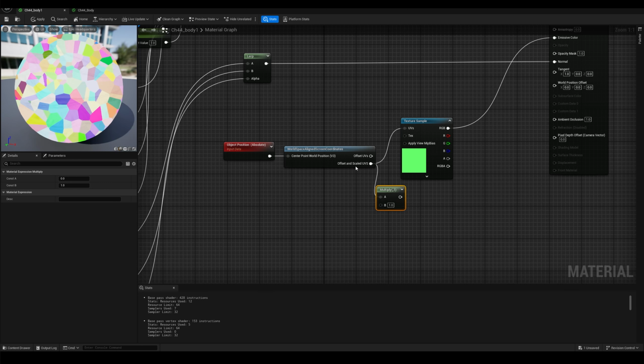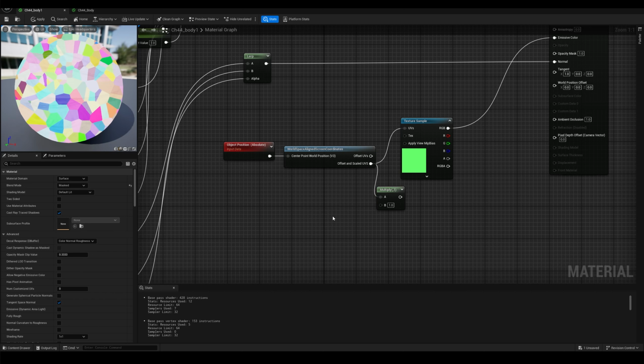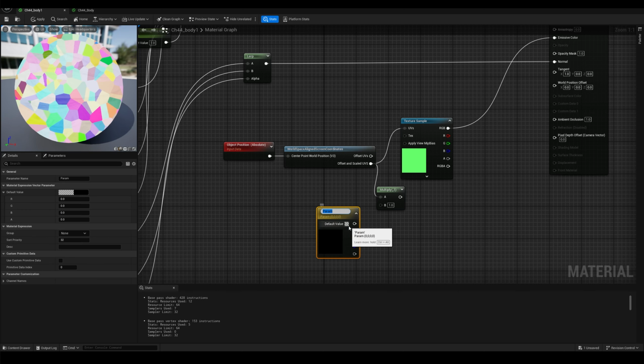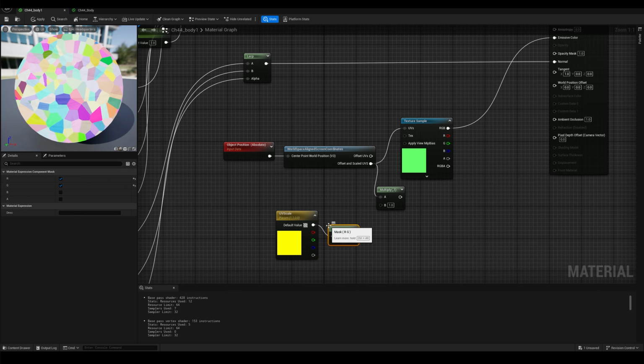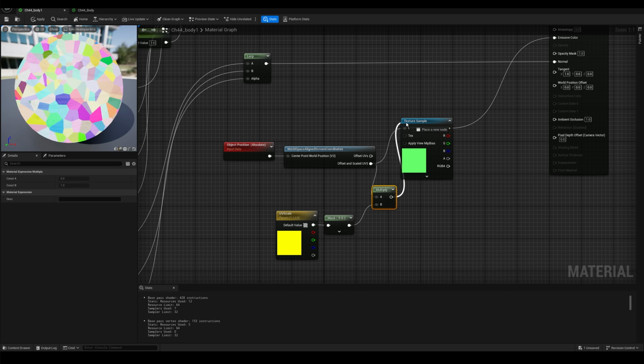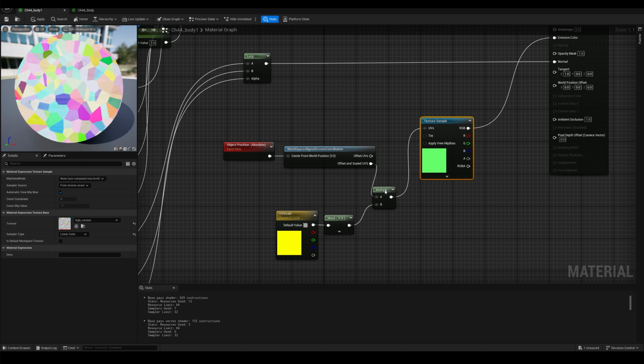So connect a multiply node to this offset and scale UVs output, and since we might want to tweak these values once we start using this texture as our opacity mask, let's also add a vector parameter. We can name this to something like maybe UV scale. And we need a vector 2D, we need to use also a component mask to filter this RGB and get only the red and green, or in our case, the U and V values. Now we can replace the input UVs in our texture sample,